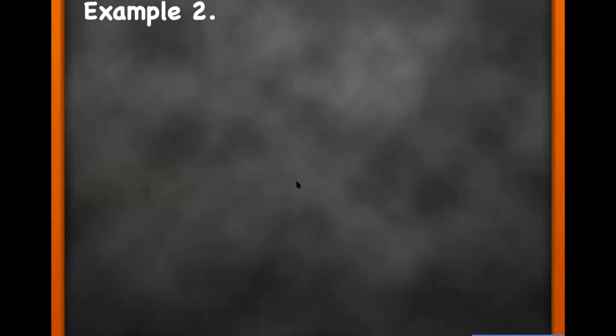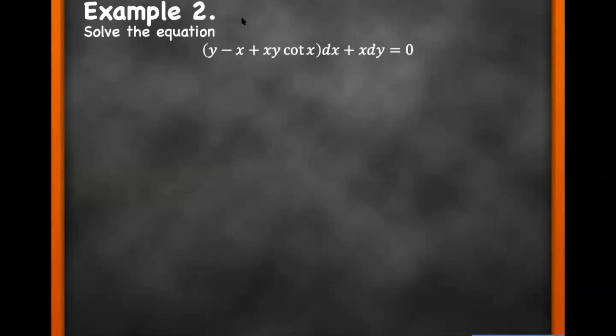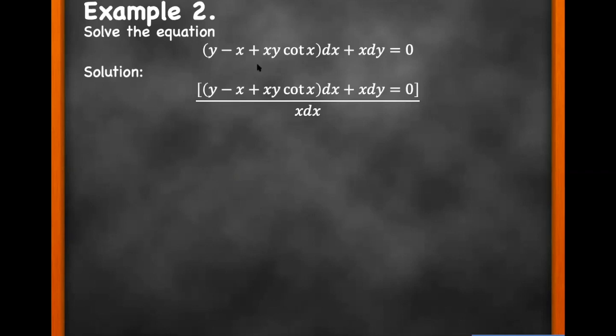Okay, let's now have example number 2. Solve the equation y minus x plus xy times cotangent of x dx plus x dy equal to 0. Again, this equation is not in standard form, so we put this into standard form. In this example, I'll be showing you how I put the equation into standard form. So copy first the equation and divide both sides by,